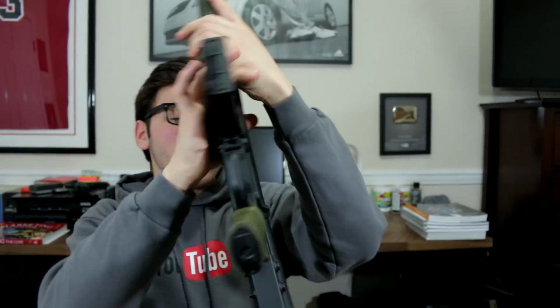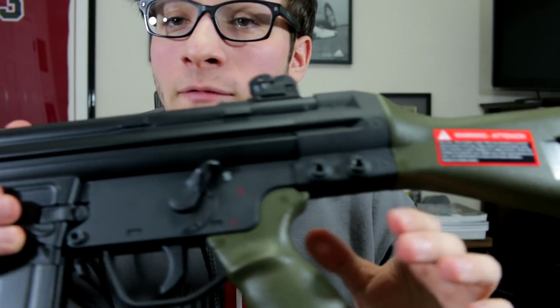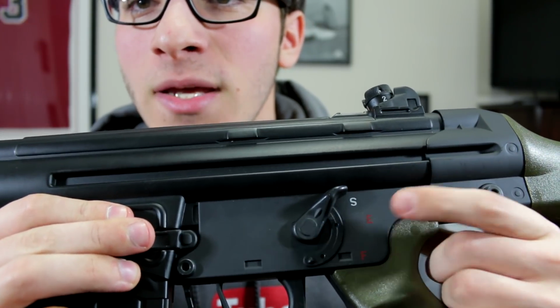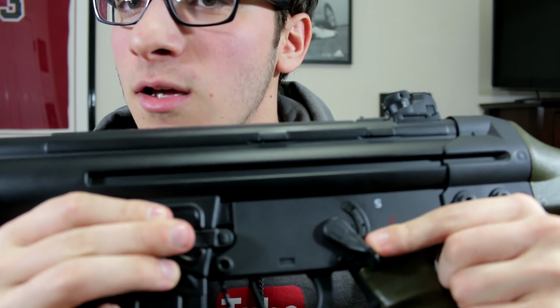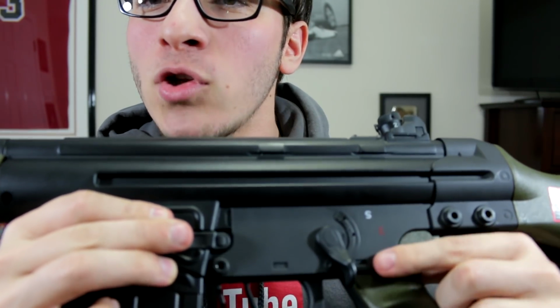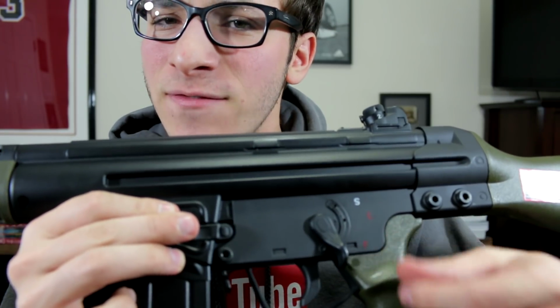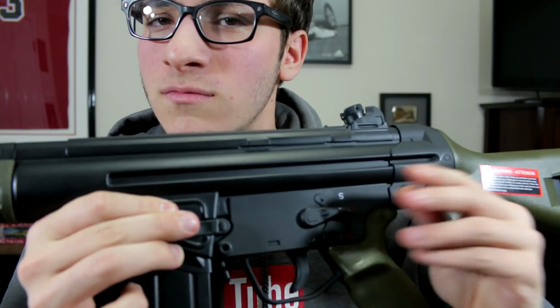So why don't we go ahead and flip it around so I could show you this side. There's really not too much different going on this side. However, you do have a sling attachment point right here on the stock. You do have your fire selector switch, which is pretty important. So you have safe, semi, and full auto, and it does click into place pretty nicely. When you go down to full auto, it doesn't click as nice. It's kind of stiff down there as well,